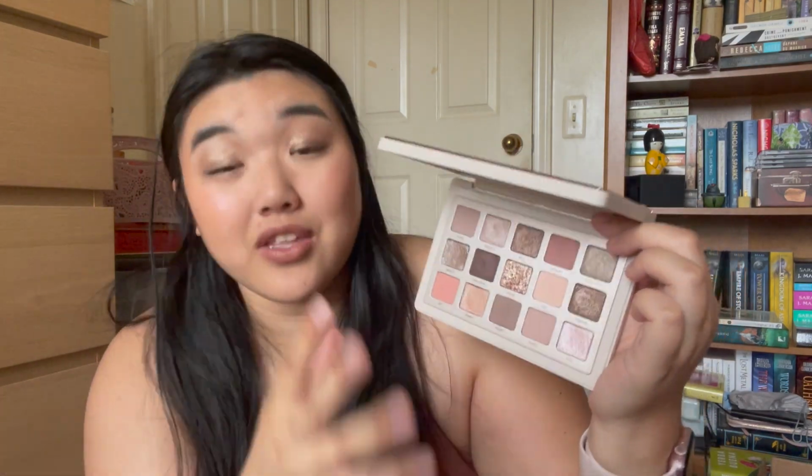It's just a neutral palette, but I really like it. These shades pull a very cool tone on me. This vague shade is so pretty. All these shades are so pretty. Like Muse in the middle, oh my god, it's one of those flaky-ish textured shimmers. Gorgeous. I just think this palette is so pretty and I find myself wanting to reach for it all the time. Again, this will also be in my eyeshadow palette ranking video that I still need to film, but that's coming sometime soon. And then last but not least, I haven't used all of this palette yet, and it's the